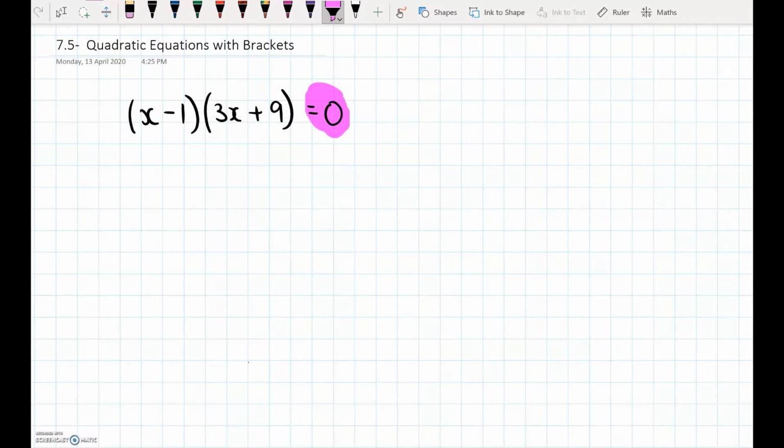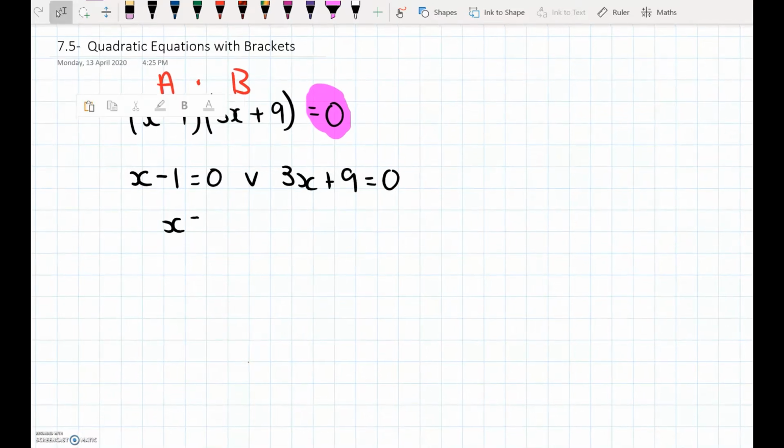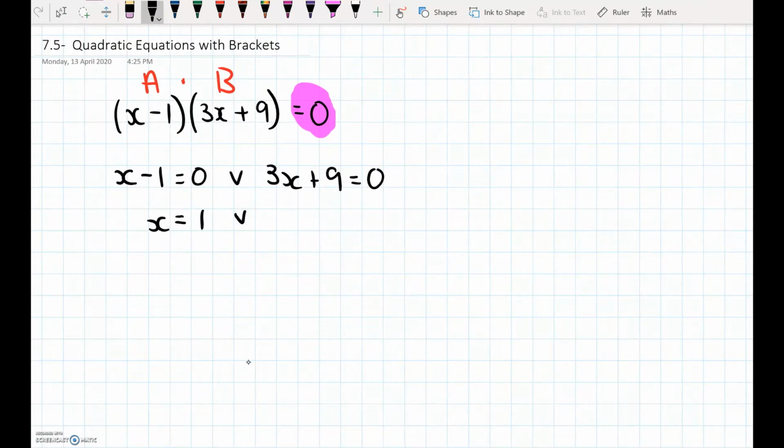Okay, so you can see here we have an A times B situation. Now if you have A times B equals 0, it's already all ready for you. You don't have to do anything crazy with it. We just go straight into A equals 0, so in this case, x minus 1 equals 0, or B equals 0, so 3x plus 9 equals 0. That comes down now to x is equal to 1, or 3x equals minus 9, which gives us x equals,